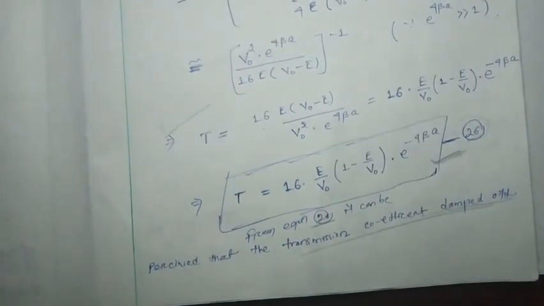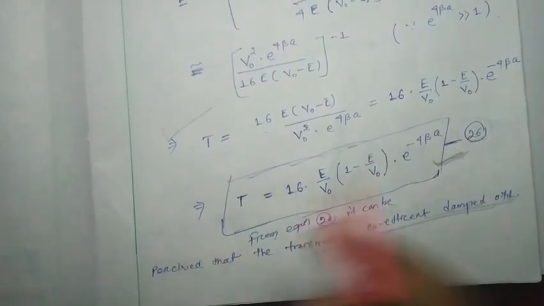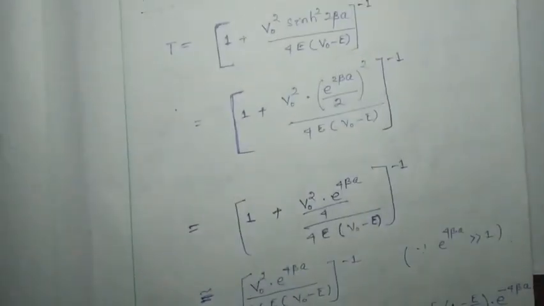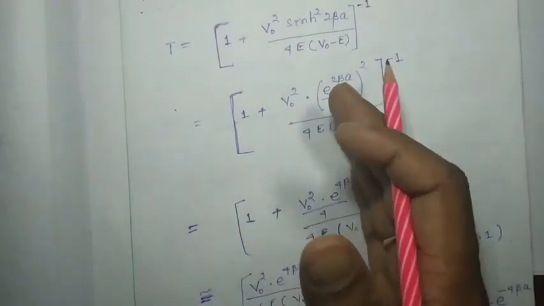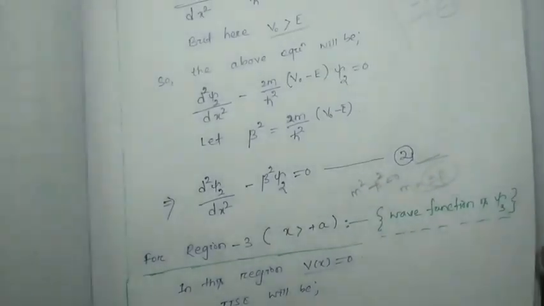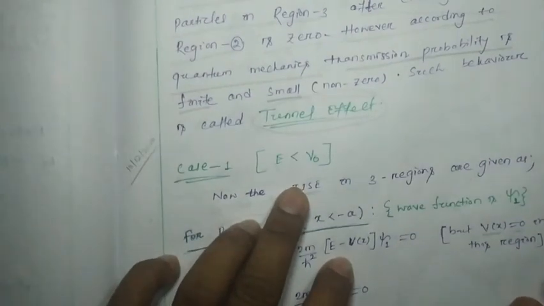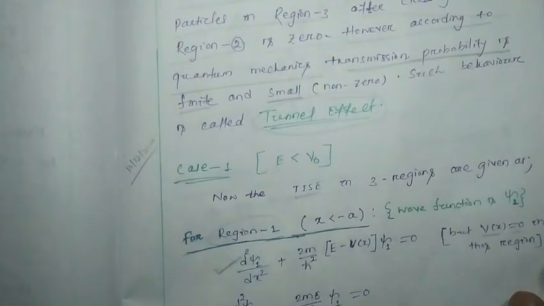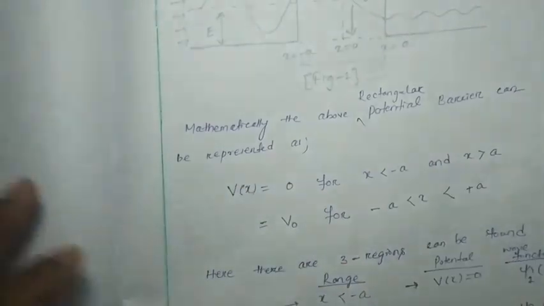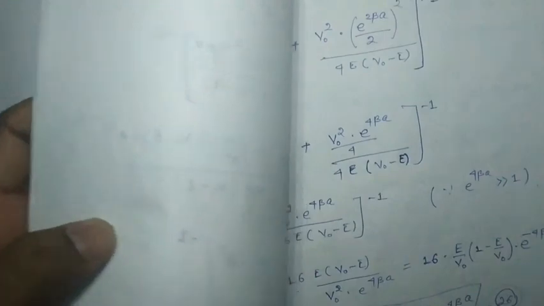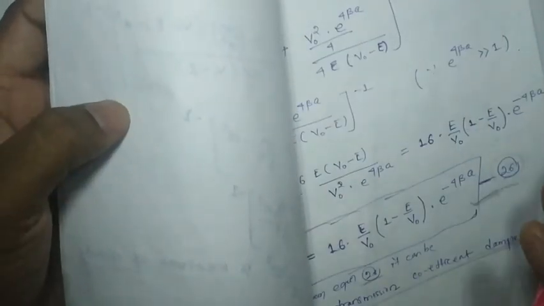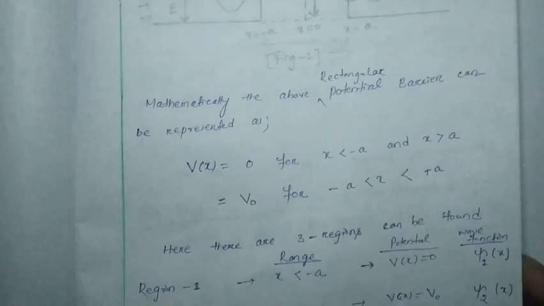Okay, so with the help of these three videos, part 1, part 2, and this video being part 3, of the rectangular potential barrier having the case E less than V0, go through these three videos and write down the notes or these equations up to 26 carefully, and if you have any doubt anywhere, you can ask me, we will discuss.